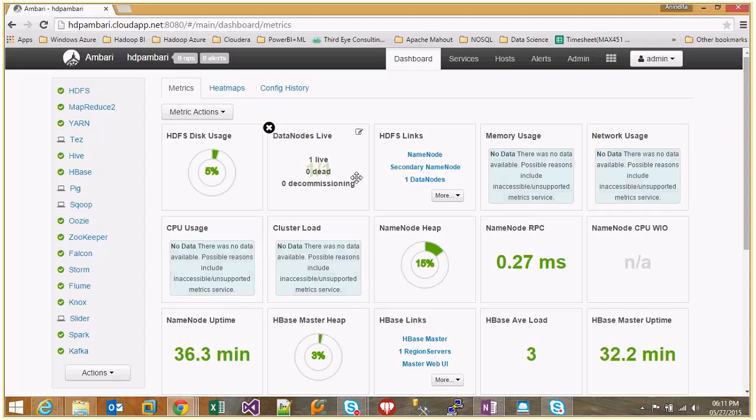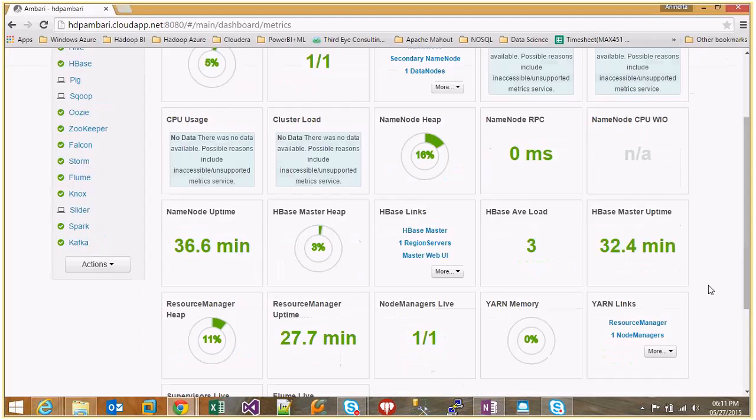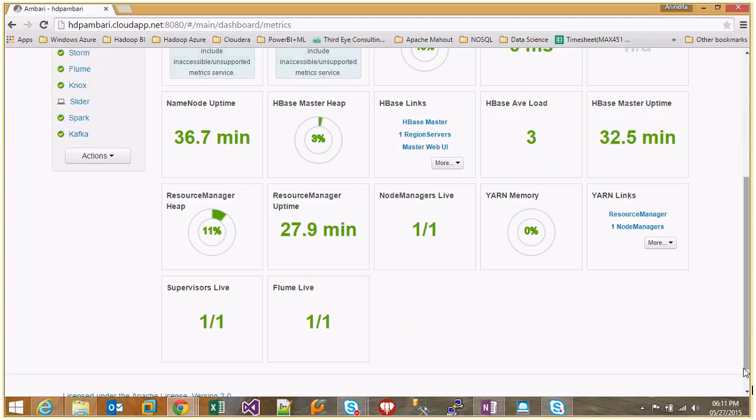live, the HDFS links, NameNode, DataNode links, the memory usage, network usage, CPU usage, cluster load, and NameNode heap memory, availability, NameNode RPC, NameNode CPU, NameNode uptime, HBase master heap, HBase links, HBase average load, HBase master uptime. Since just half an hour back the HBase cluster has been booted up, so I'm able to see the uptime, resource manager heap, resource manager uptime, NodeManager live, YARN link, supervisor